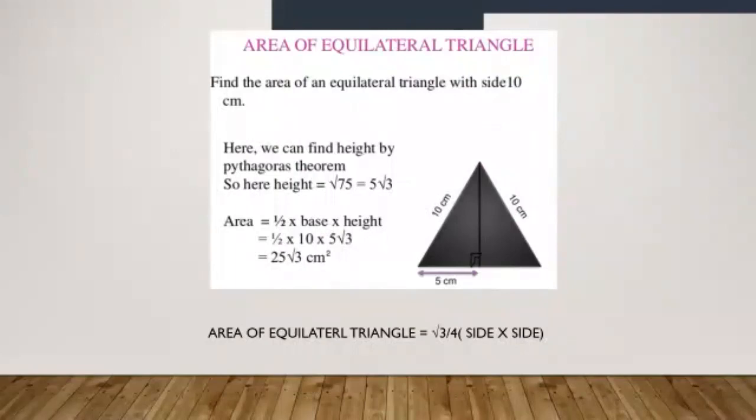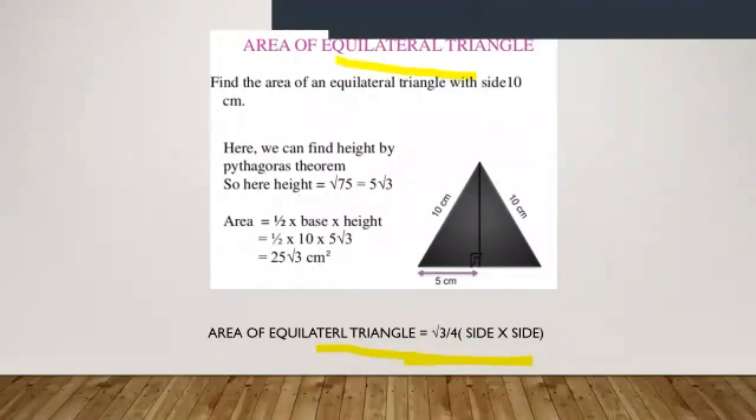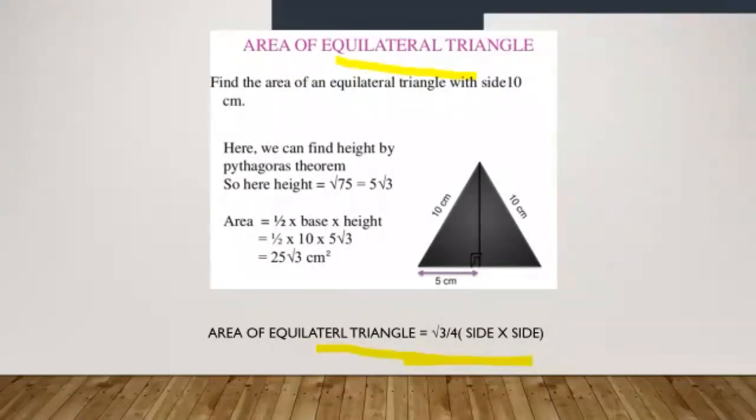When we are talking about equilateral triangle, we will be directly using the formula of root. Don't waste your time in MCQs. Put in the formulas where directly needed. I've explained how it has been done when we were doing the chapter. We had dropped a perpendicular and done it. But now you will be using the formula that is root over 3 upon 4 into side square. All the sides are equal.